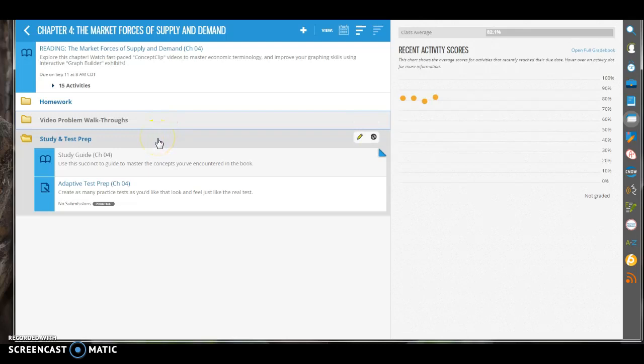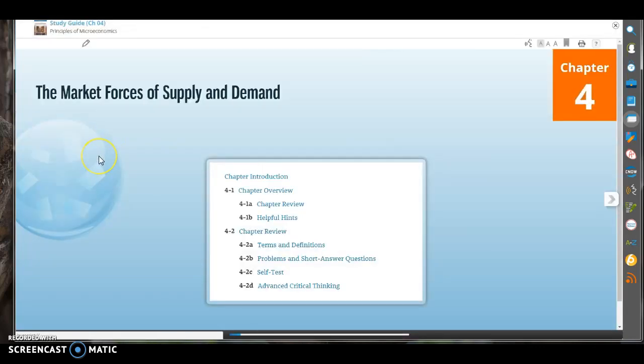So in study and test prep, for each chapter that we will cover, it includes a study guide and it also includes adaptive test prep. So if you click on the study guide for Chapter 4, it will take you to this screen. And what you will see is that it starts with a chapter overview. So assuming that you've already read the chapter,